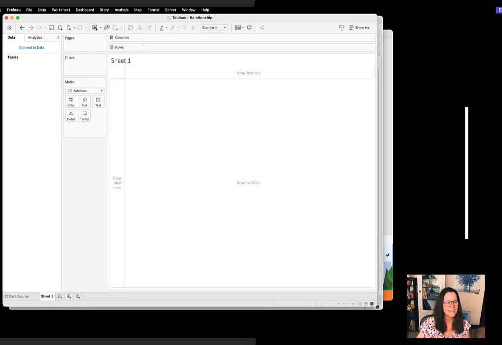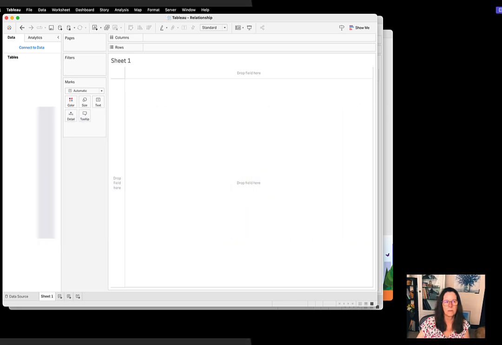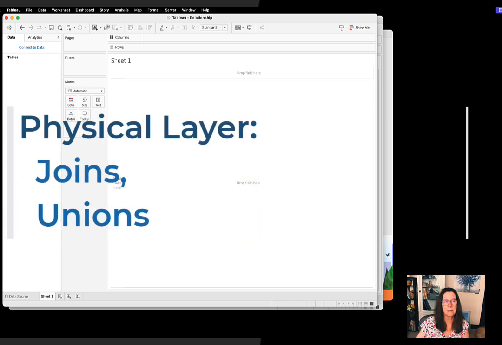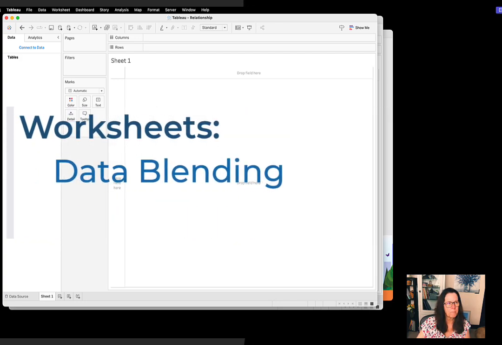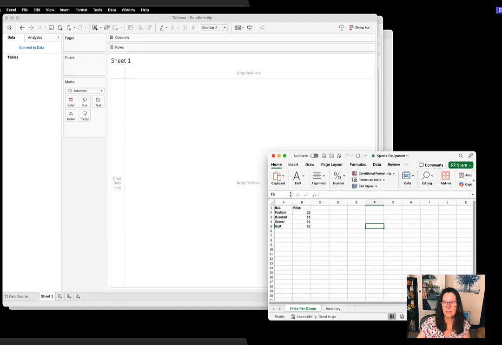Hey, today I'm going to look at a couple data sources and the difference between a relationship, a join, where the union is, and then data blending. So to begin with, I wanted to show you a relationship,